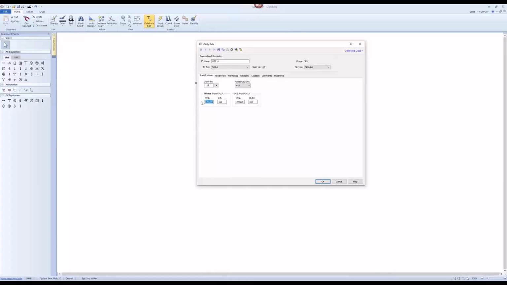IEEE 2800 does not have that. IEEE 1547 does not have that either. But if you still want to go with IEEE 519, then this number is still vital to evaluate any standards violation, right? So typically what we do here depends on the real system short circuit strength that you can get from your local utility. So I would say typically for a 115 kV system, I would have, let's say, 1100 as my MVA